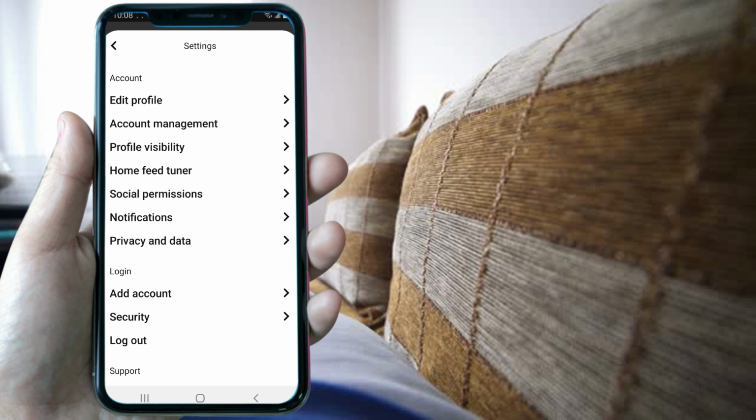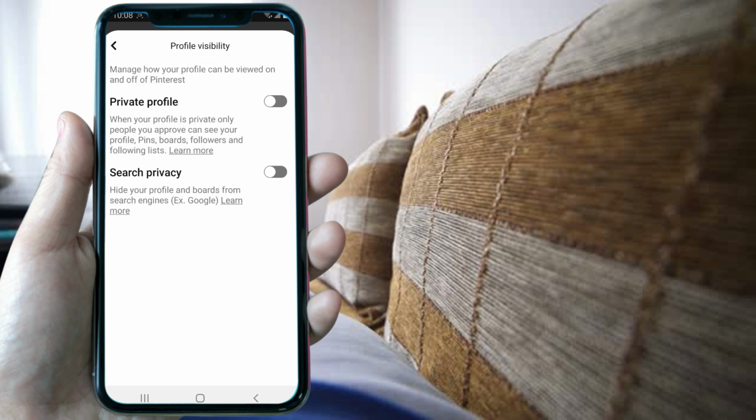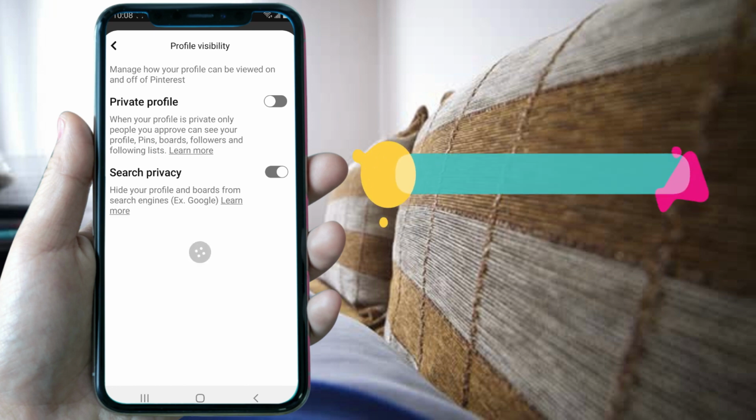Now that you are in the settings menu, you gotta click where it says profile visibility. And here you can see there are two toggle buttons. One is called private profile and the other one is called search privacy. You gotta make sure both of these buttons are turned off, because turning them on means that your profile will